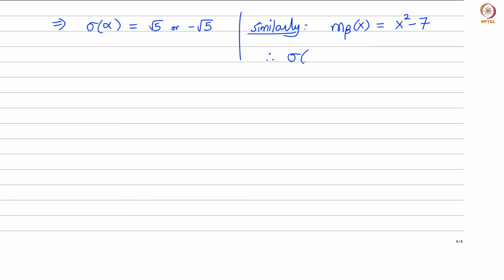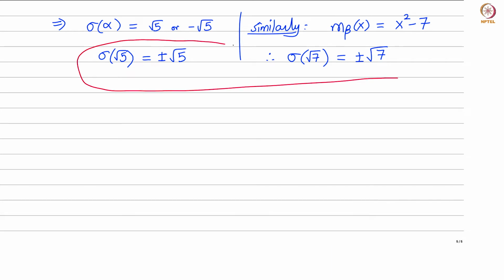Therefore, analogously, when I act sigma on root 7, I can only get plus or minus root 7. Those are the only possibilities. Just like here, sigma of root 5 can only be one of these two numbers. So how many possibilities are there in all? Well, there are two possibilities for sigma of root 5. There are two possibilities for sigma of root 7. Between them, you get only 4 possible